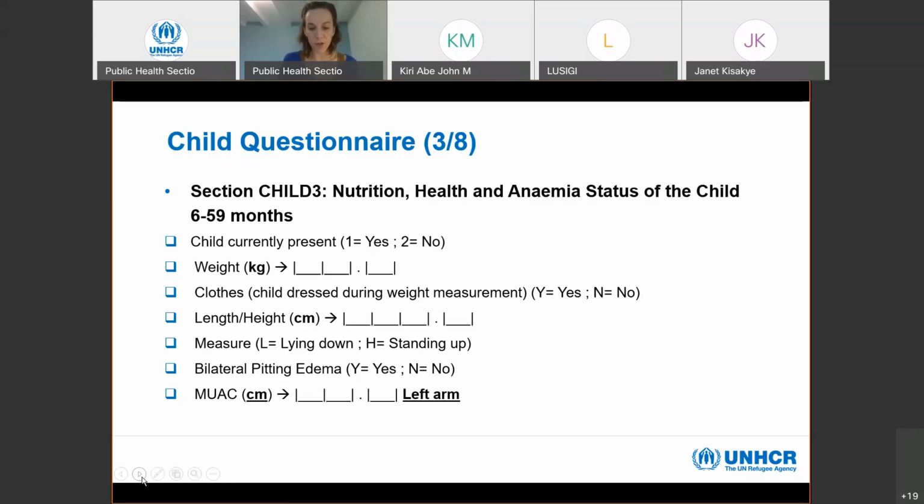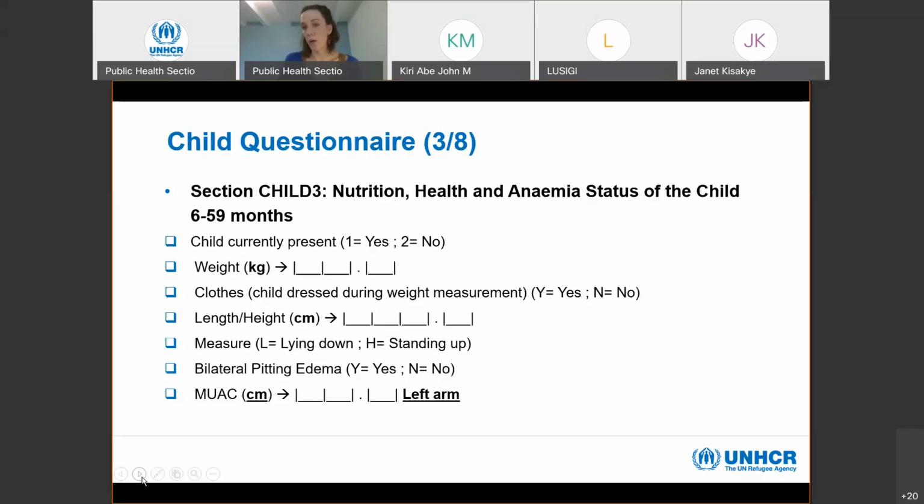So if a child is absent or a woman is absent, the team leader should record this information in the data control sheet and determine the time to return on the same day. They should revisit an absent individual up to 2 times if it's possible, every day or before leaving the survey area. But if at the end the child or the woman is still absent,